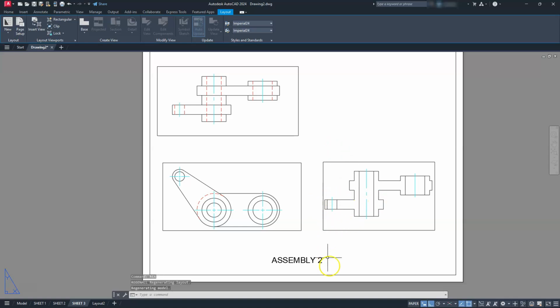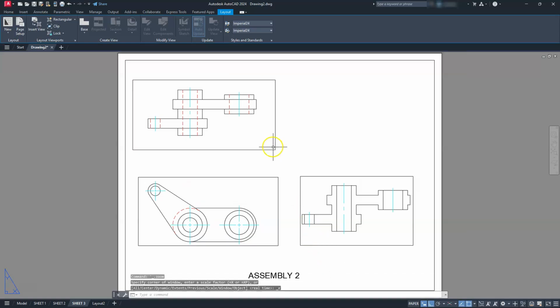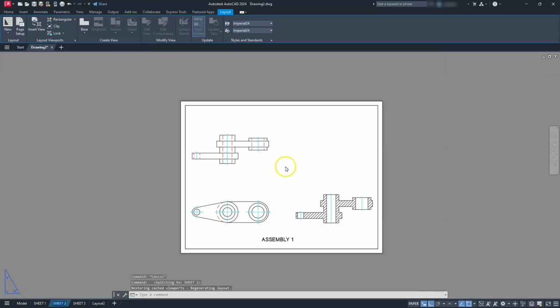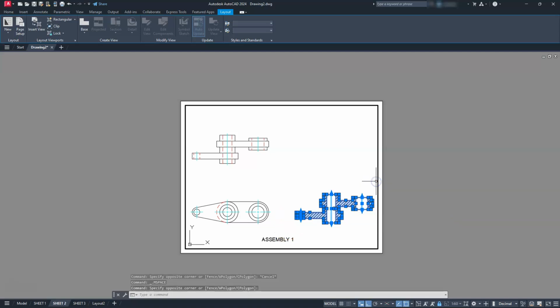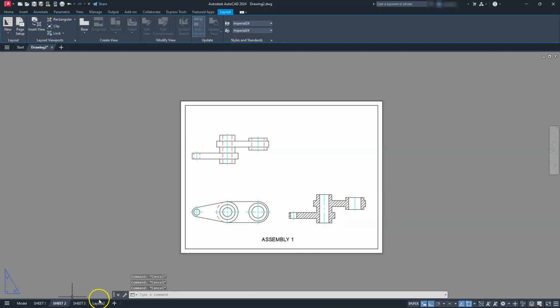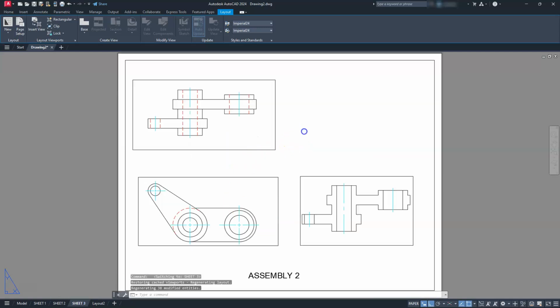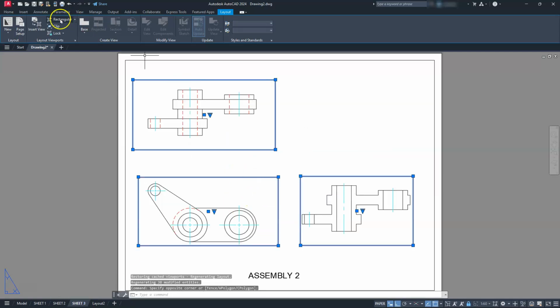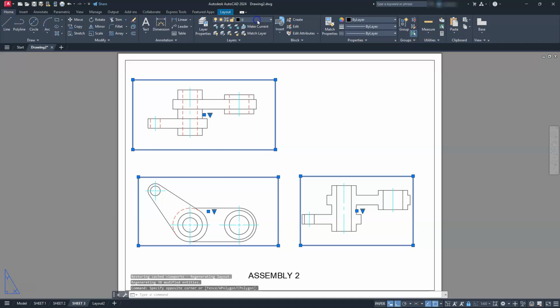And I didn't put the hatches on this, but you can see that I can have a little bit more control over how I can manipulate this one, right? I have control on this one as well. I can double click back in this viewport, and then I can physically move this over like so, and then double click on the outside. So it's going to be kind of up to you however you want to do this. Remember that we're going to put this back on that depth points